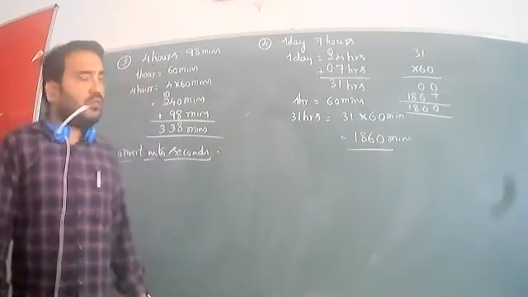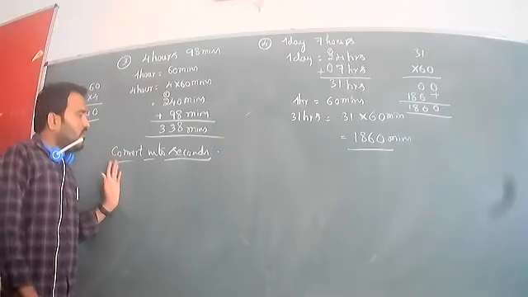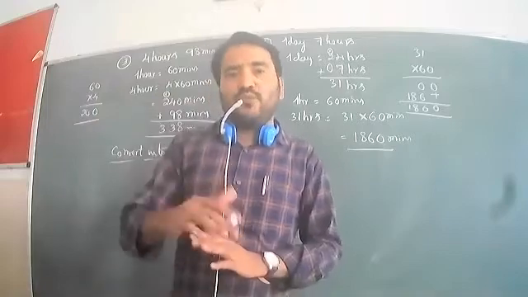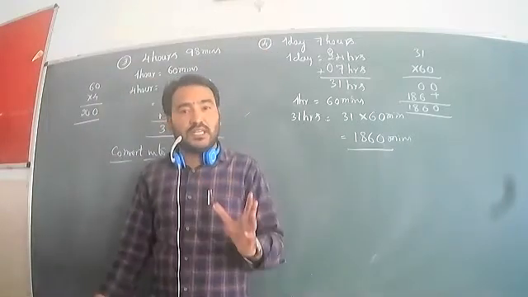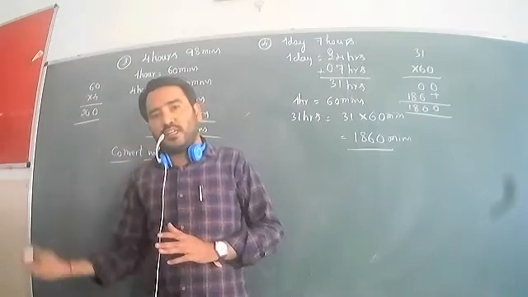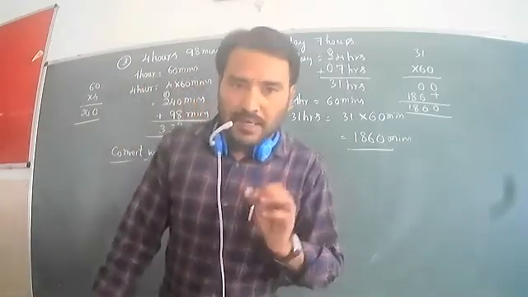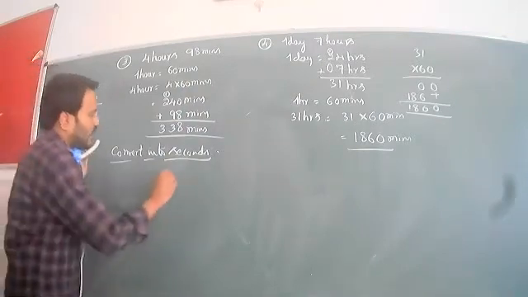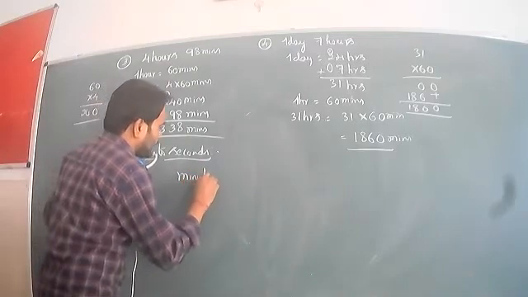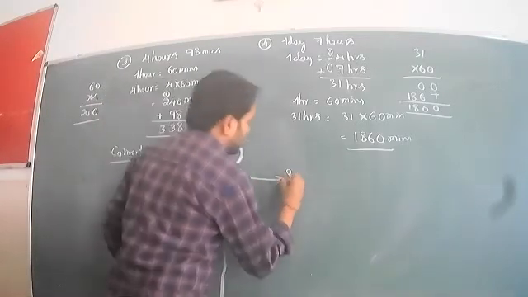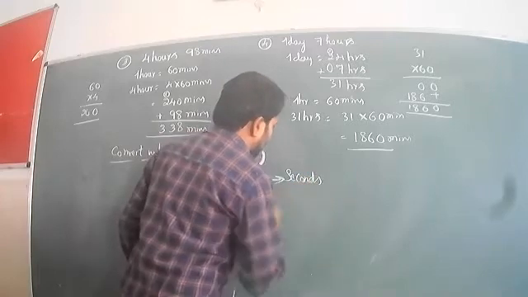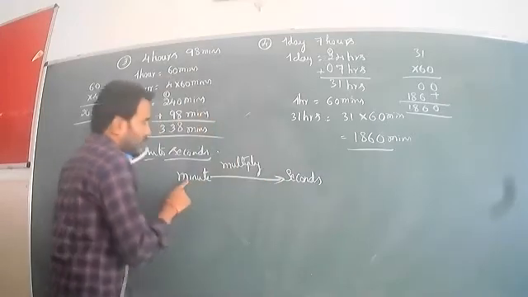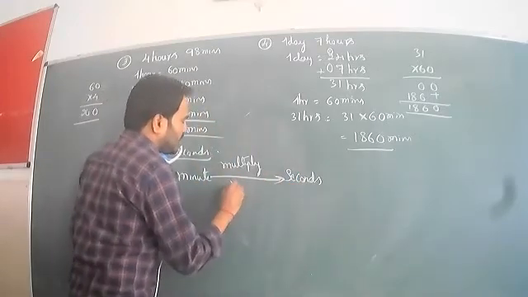Okay, now let us go for another concept, converting into seconds. Here the questions are given in minutes, and we can convert it to seconds. Minute is a bigger unit, so we convert it to the smaller unit, that is seconds. We can also use multiplication. So how much to multiply? 1 minute equal to 60 seconds. Minute to seconds, we should multiply because minutes is the bigger unit. We convert it to seconds. So how much to multiply? 60.